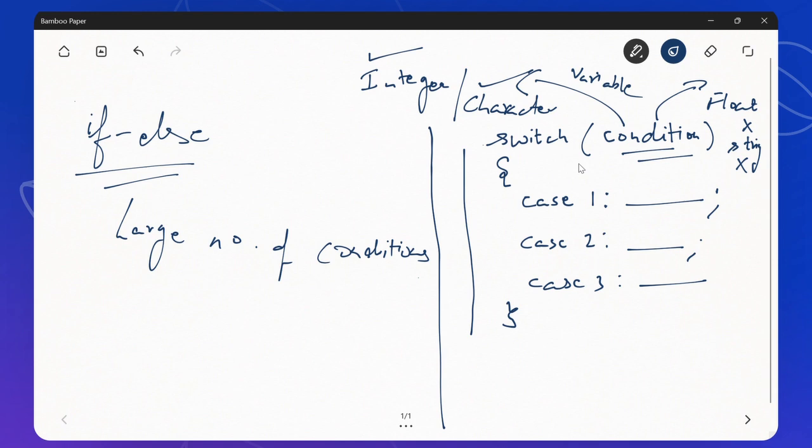Now what does it mean? Let us see a small example to understand it more clearly. For example, I say int I equals 5. I'm not taking any input from the user, just to understand it, and switch I. So I will put a switch on the value of I, and then make different cases.